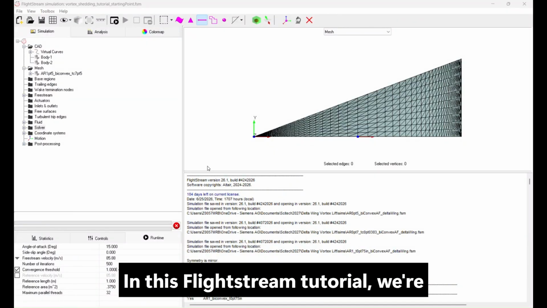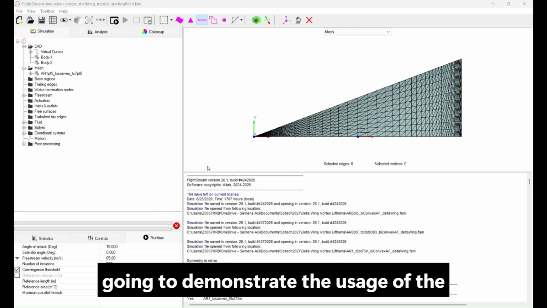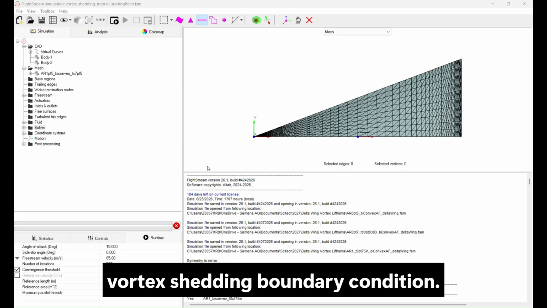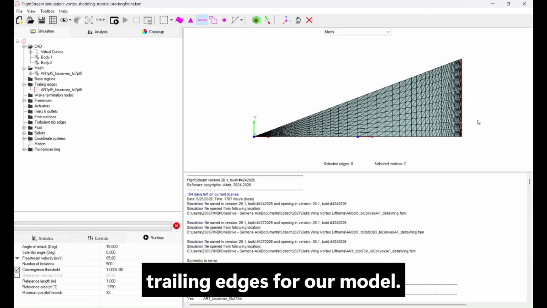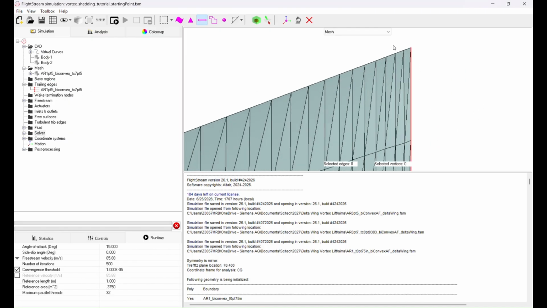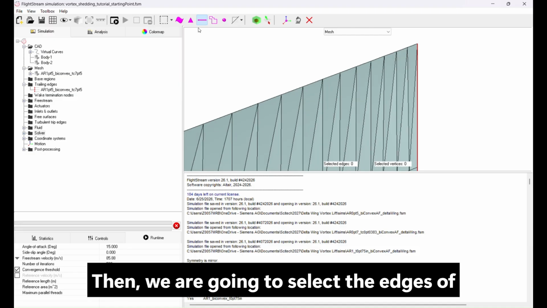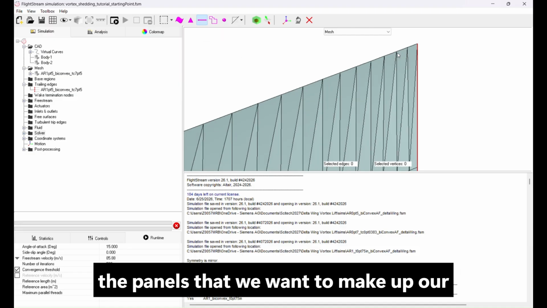In this Flightstream tutorial, we're going to demonstrate the usage of the vortex shedding boundary condition. To begin, we are going to auto-detect our trailing edges for our model. Then we are going to select the edges of the panels that we want to make up our vortex shedding